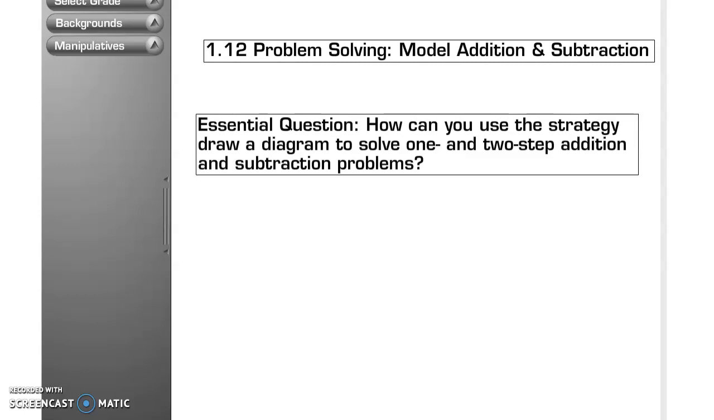Today is lesson 1.12, problem solving, modeling addition and subtraction. Your essential question is, how can you use the strategy to draw a diagram to solve one- and two-step addition and subtraction problems? So today what we're going to be doing is using the CUBES method,